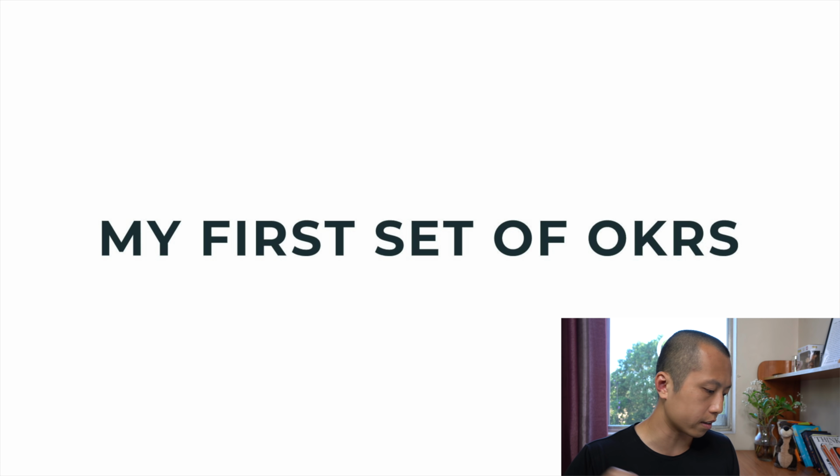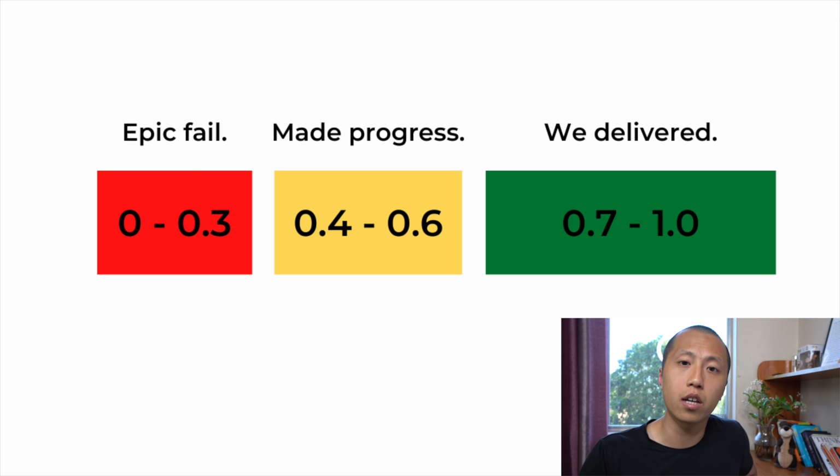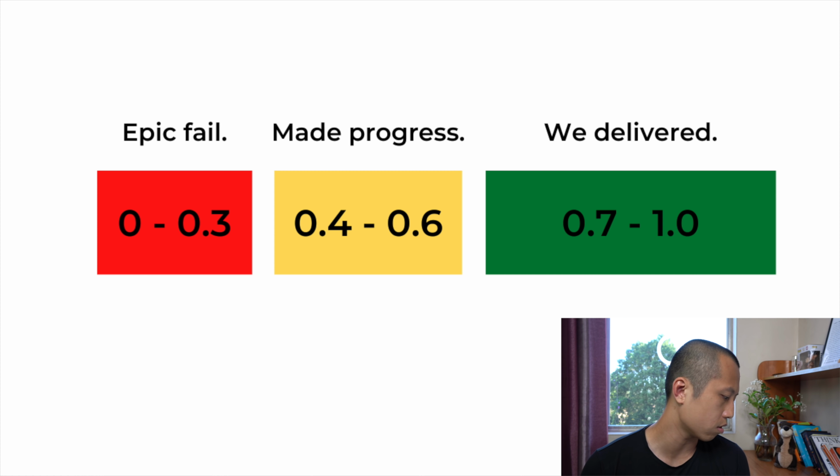Before I move on to the other OKRs, I think it's worthwhile mentioning that when it comes to the OKR system, there is actually an ongoing evaluation of your goals. At the end of it, when you look back and see how well you performed, each of the key results actually gets a ranking out of 1. If you fully achieve the key result, then that is ultimately a 1. If you only did half, that's basically a 0.5. And if you barely did anything, then that will be either 0 or 0.3. And each of those decimals actually has a color scheme to it. 0.7 to about a 1 is a green, and 0.4 to 0.6 is about a yellow, and red is 0 to 0.3.